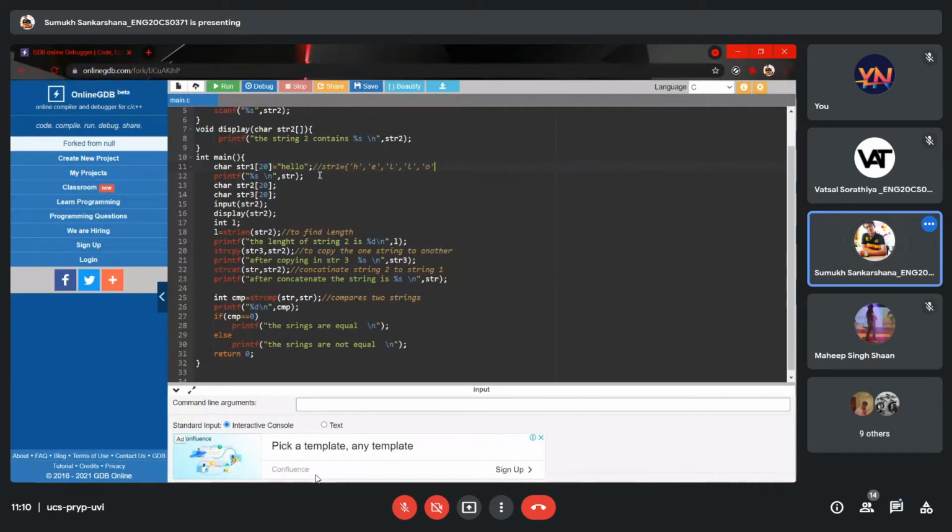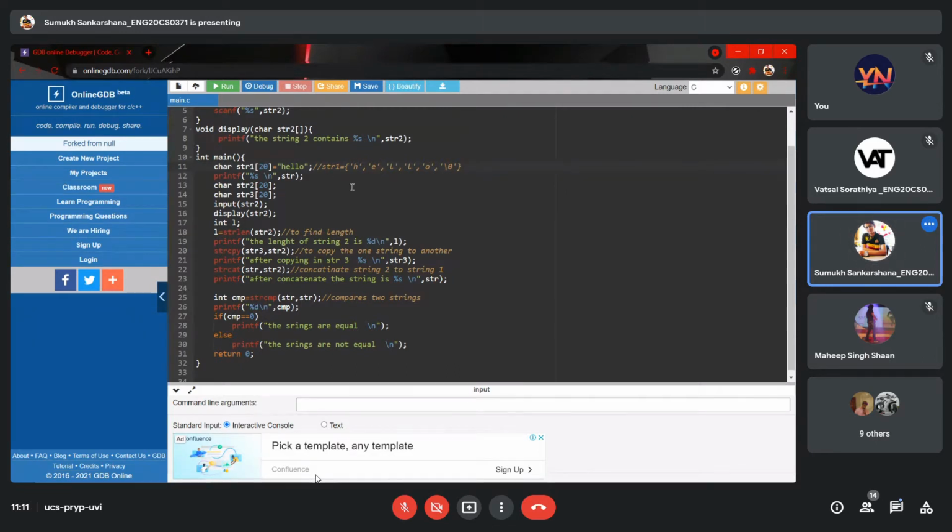But how do we know when a string ends? The compiler knows the string ends when it reaches a null character, which exists only after a particular string. Now we know how a string is stored.